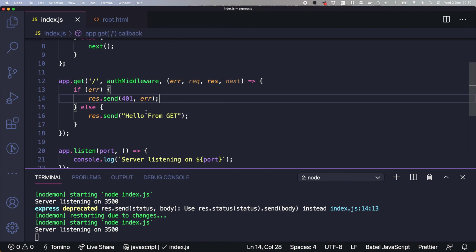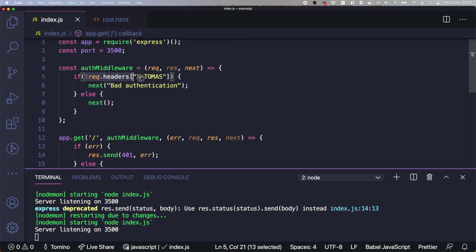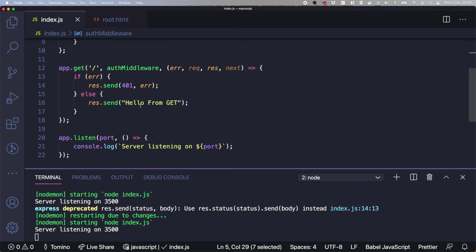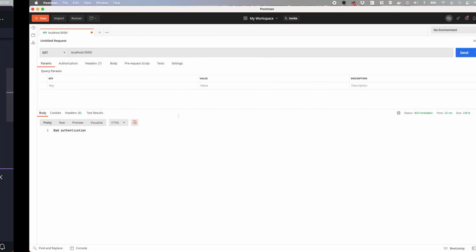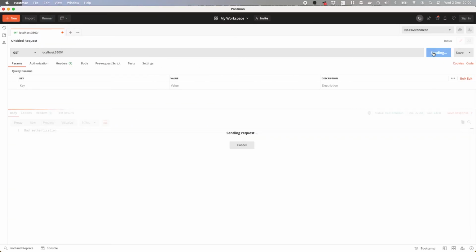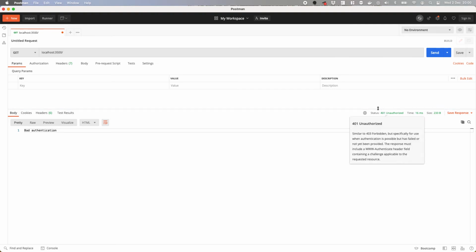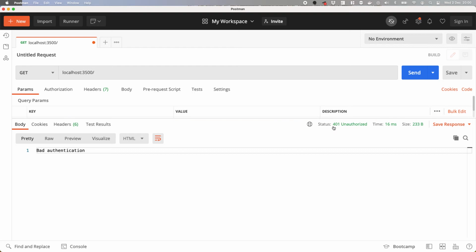Let's do 401. And if this passes, which means if we have this header, then just say hello world. So now if I send this, I will get 401. You can see it in here. I don't know if you can see it because it's really tiny, but you can see status 401, and it says bot authentication. If I now go to my request headers,